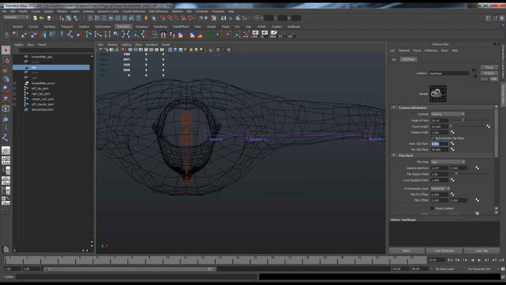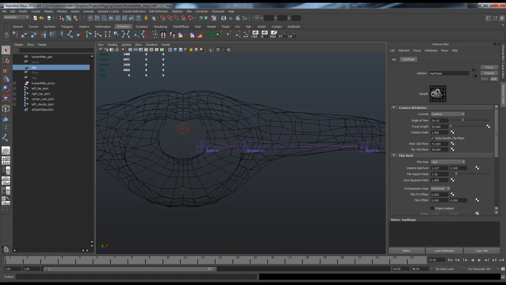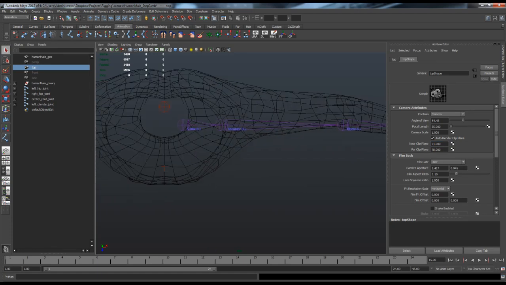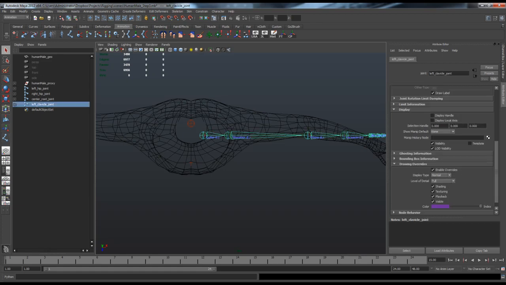And then for the near clip plane, maybe change it to something around 72, maybe 73. You just kind of adjust and go back and forth with the numbers until you find something that works for you. This way everything below my arm is more or less gone, and everything above my arm is gone as well. So now I can go in here and place my clavicle where it needs to be,